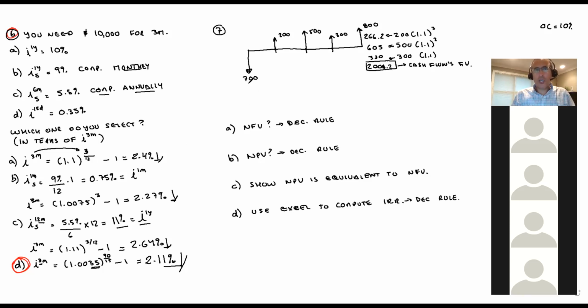Okay, so in order to find the net future value, I need to move this 700 into the future. It's going to be simply 700 times 1.1 to the power 4, and I will put a negative because this is the investment. So it's 700 times 1.1 to the power 4. This equals minus 1024.87. So my net future value then is going to be